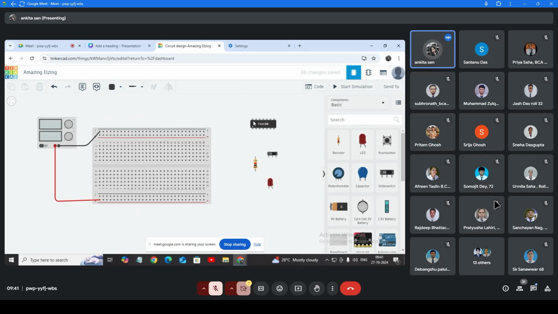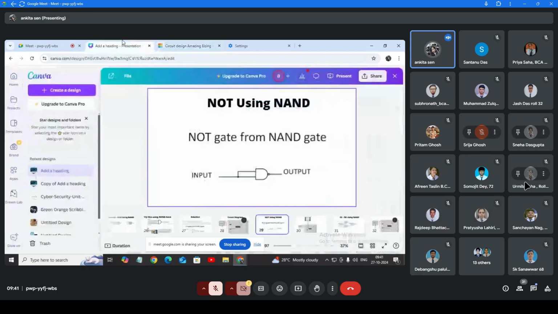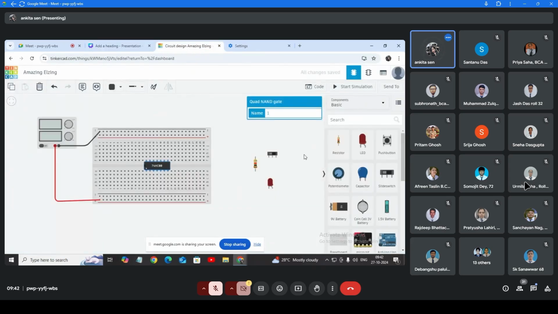So next of all is the black color line. Next is that 74LS00, you need to connect it here. Next of all, go back to this portion. Up to this portion we are done. We need to have the input portion. For that input portion, what you have to do, you need to have the switch, correct? So this is a switch. You need to connect it anywhere, wherever you want.